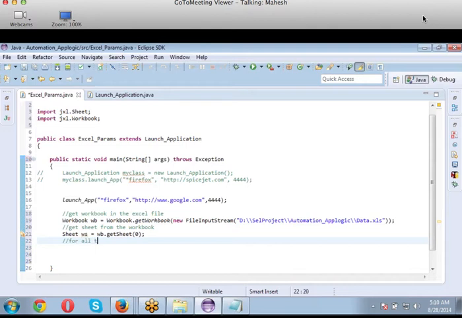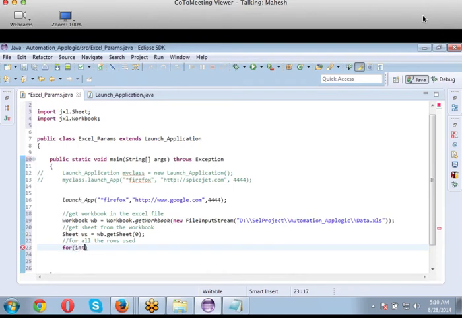And now I'll go for all the rows that are used. Normally, if I want to use the rows, I use a method called getRows, for which I'll write a looping construct.